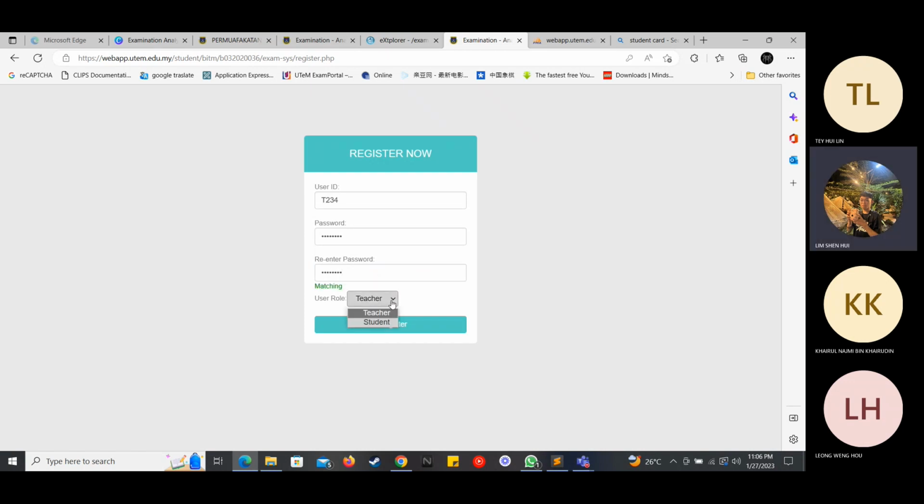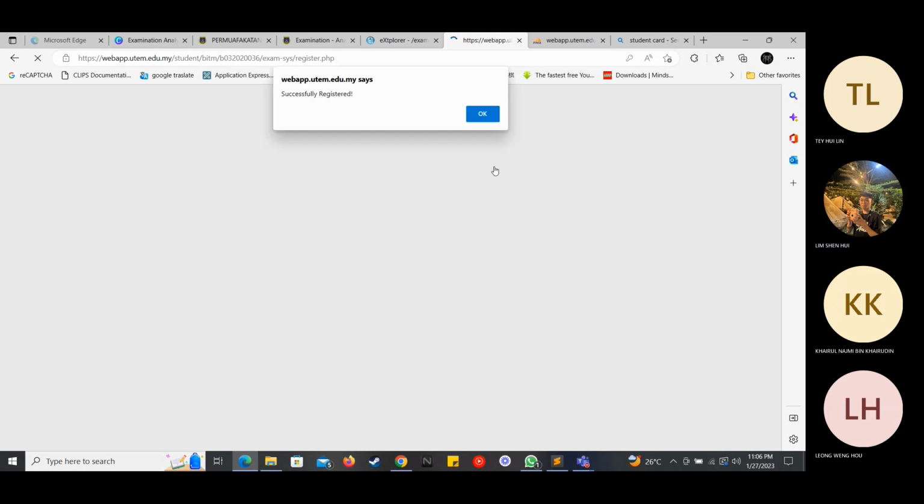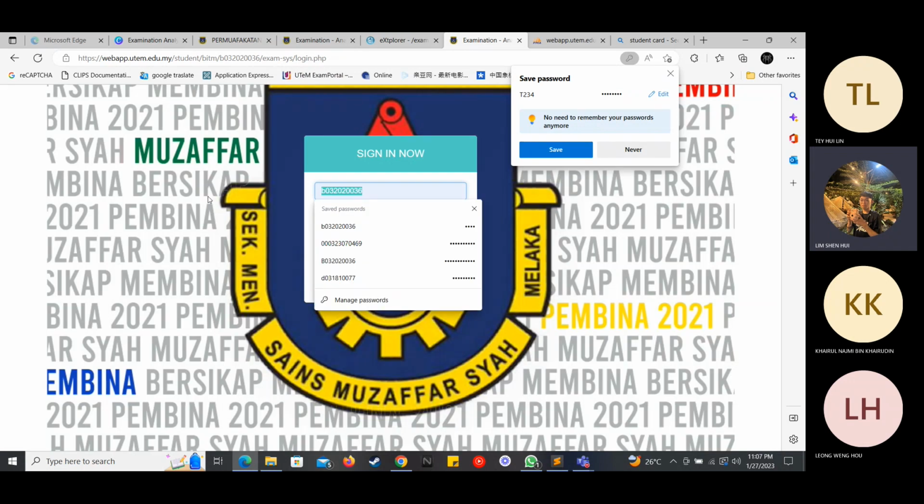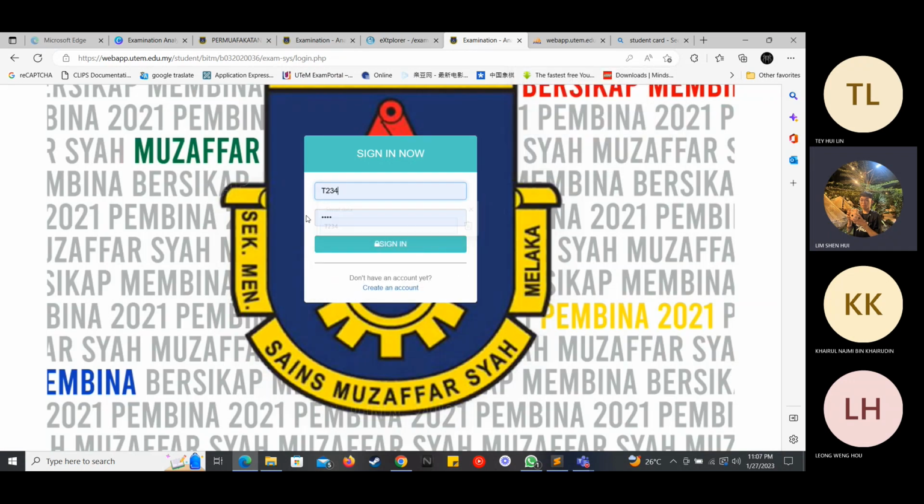Okay, here we can select the user role for registration, for teacher or student. So I will register the role of the teacher. So registration is successful. Then we can log in to the system.